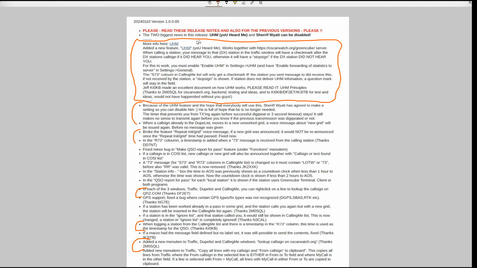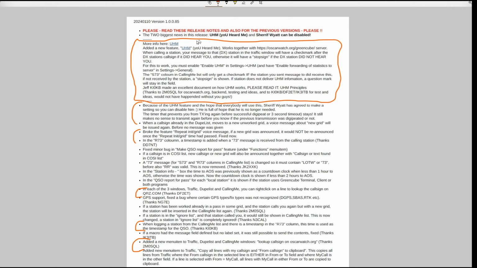And there are a lot of other things that will come. It's a work in progress, and Pete is doing a great job adding stuff and getting many good ideas. So follow that and see what happens. But it's centered around the server, and the way it works is that the Greencube Terminal, which is running at